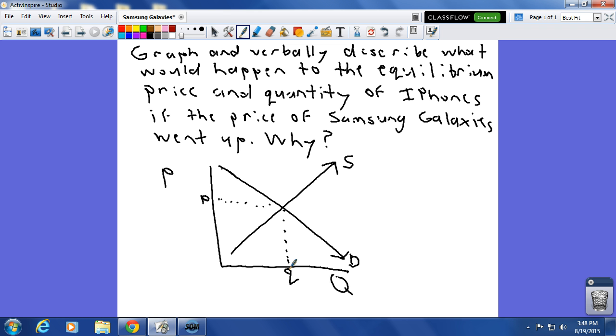So now we need to figure out, are we going to do TRIPE or NICE JAG? Are we going to be moving around demand, or are we going to be moving around supply? So here we have related goods, and because iPhones and Samsung Galaxies are substitutes for each other, we have R for related goods. So let's go ahead and put the determinant. The determinant really answers the why, so we have related goods